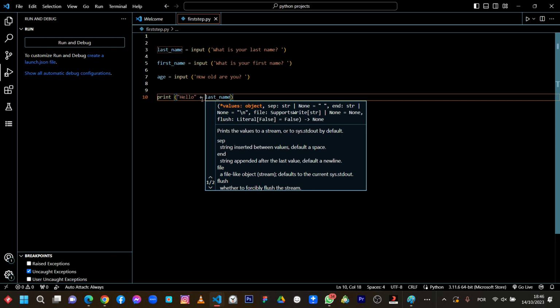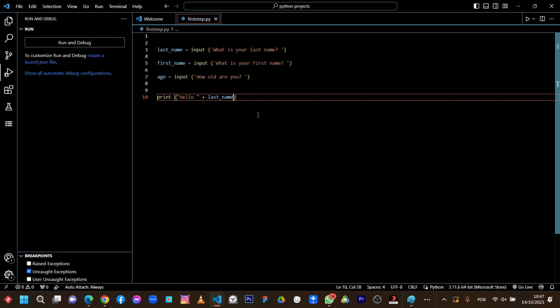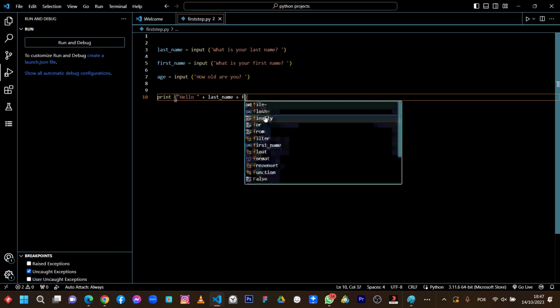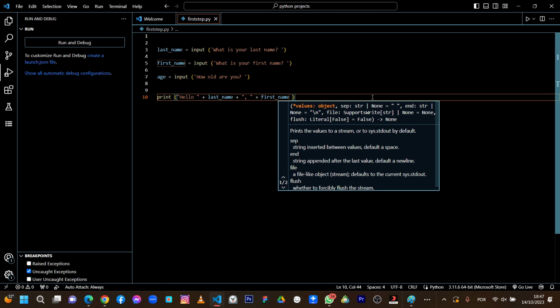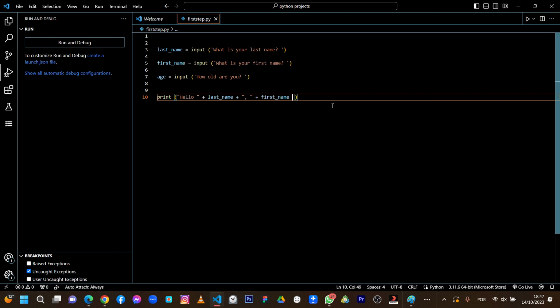I'm going to put in hello, their last name, and we will use the plus sign to combine strings. Hello, John Kennedy. Their first name. We have to have a space, so we're going to use double quotes and a space just to give space between the words. And we can use a comma in here as well. So we're going to display hello and their last name, comma, their first name, and then let's display another string